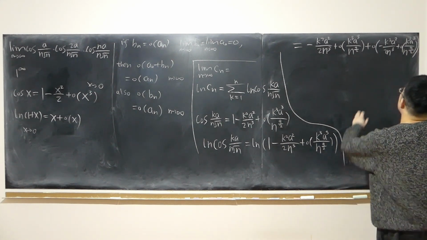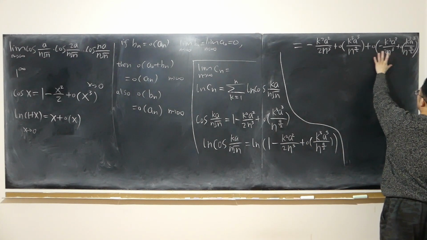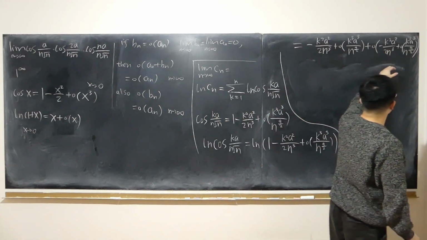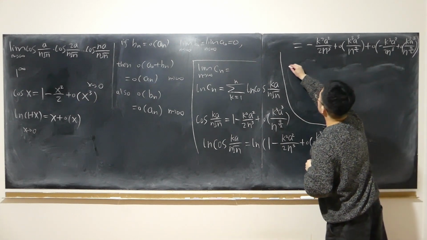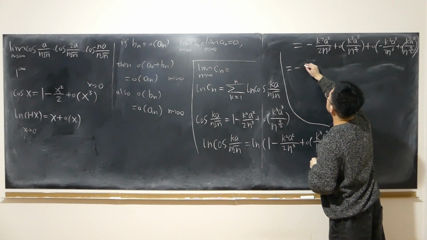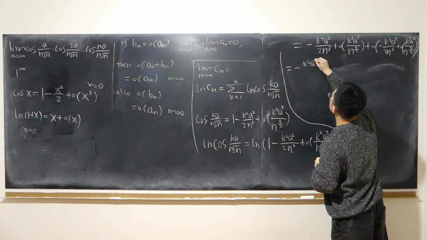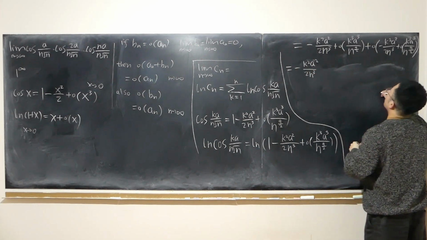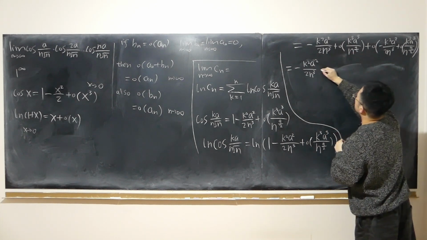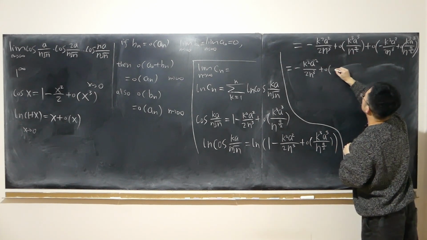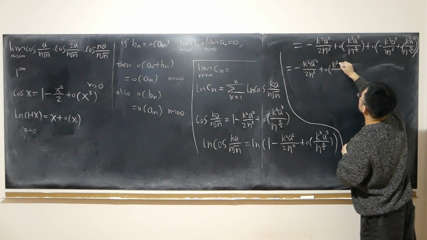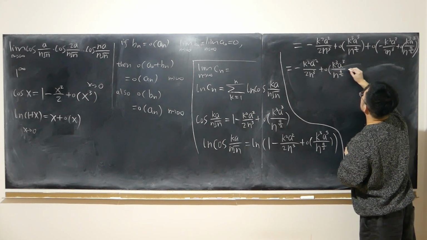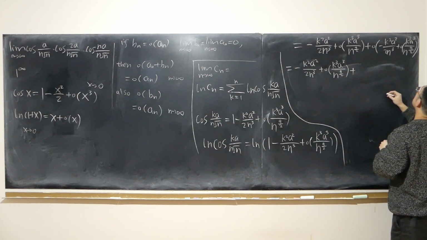Right? So we have little o inside little o, but I'm going to deal with that. Now I'm going to deal with the little o within the little o. First, let me just copy down the first term, k squared times a squared over 2 times n cubed. And I'm going to deal with this term also. Little o of k cubed a cubed n^(9/2) plus.